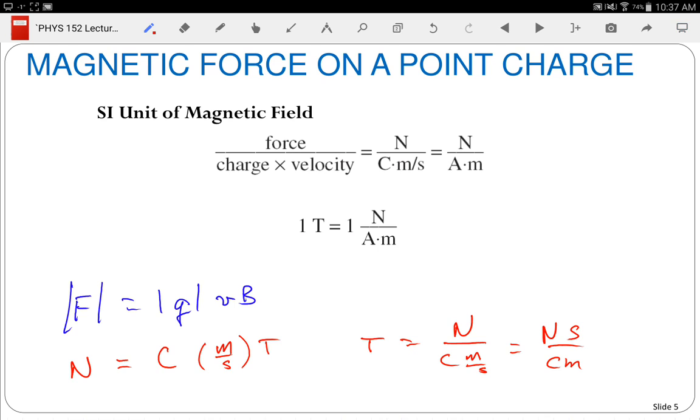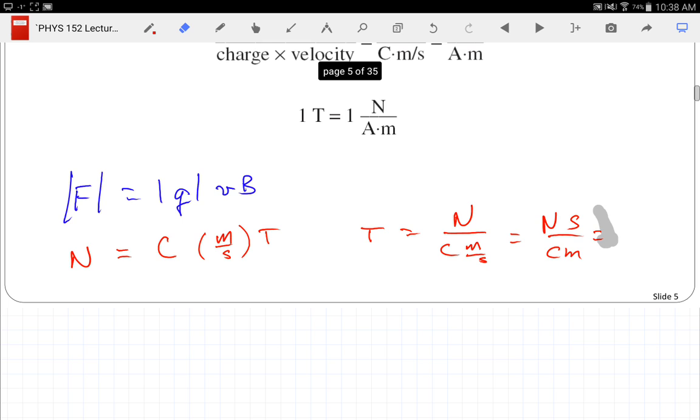Now you might notice up above, in the work that I did with the computer, I have Newton over ampere meter. Why would I have Newton over ampere meter? An ampere is a coulomb per second, and that's the fundamental unit. The coulomb is a derived unit. The ampere is the fundamental unit. So putting it in terms of fundamental units,